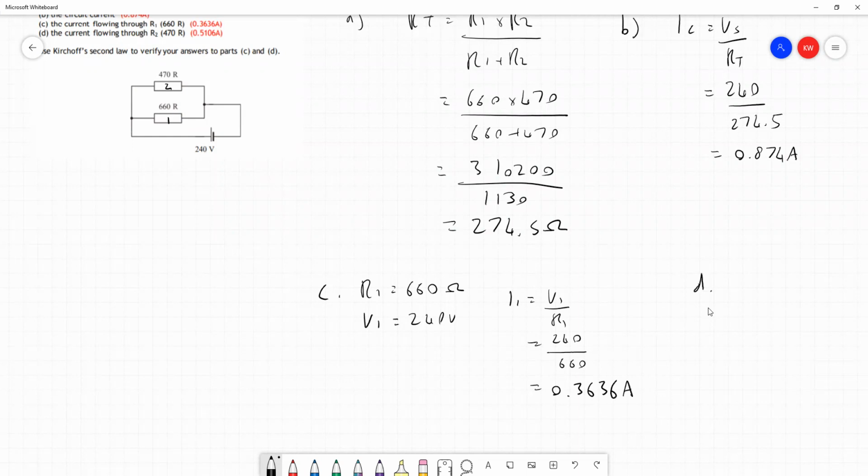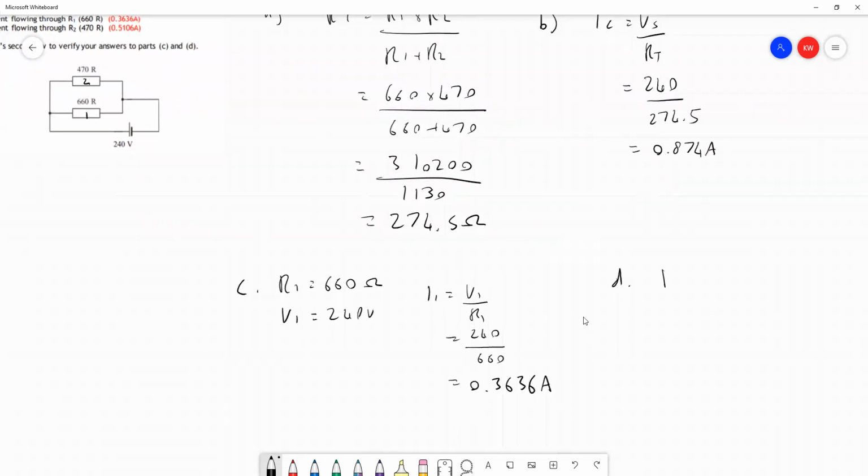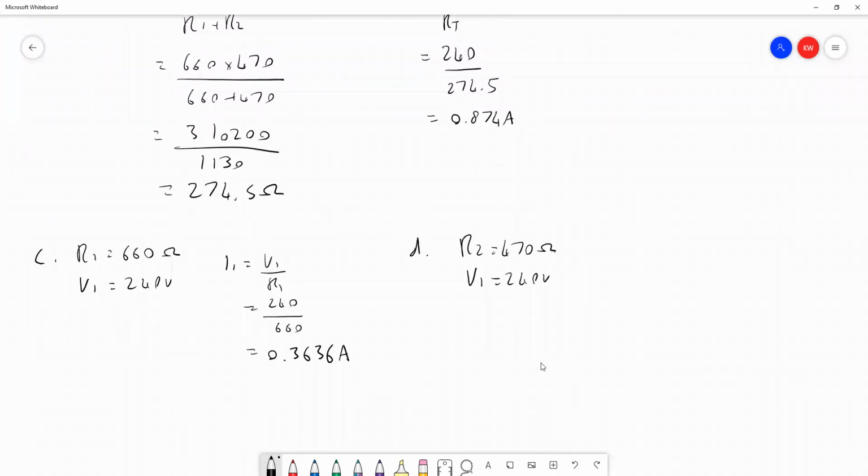And in part D, we're asked to do the same thing for resistor 2. Well, we know resistor 2 has a resistance of 470 ohms, we're told that in the question. Each branch has the same voltage as the supply here, 240 volts. So we can use our Ohm's law again to find the current, V2 divided by R2, which is equal to 240 divided by